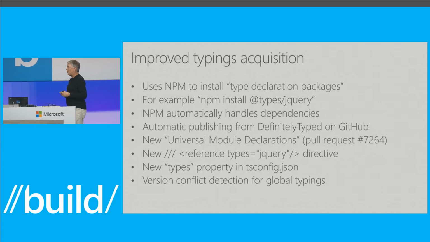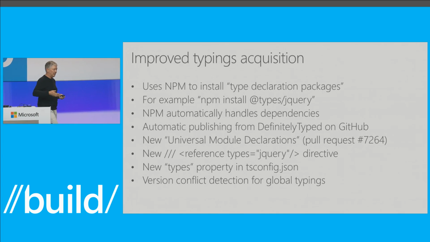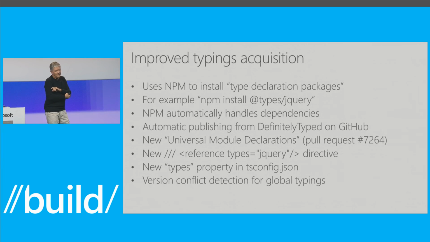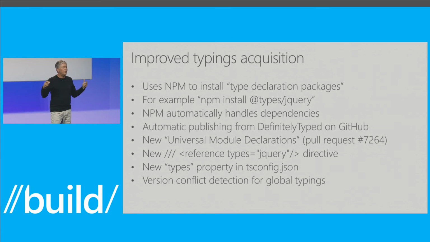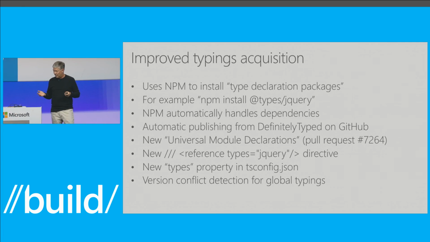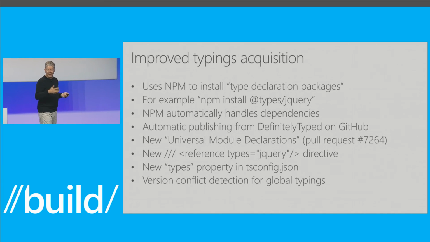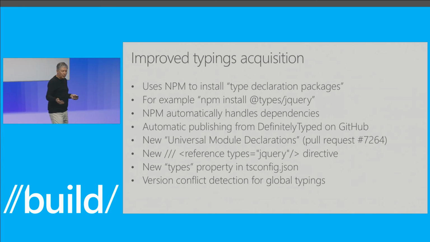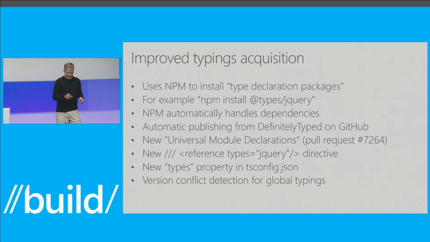Just briefly, another feature we're working on is improving the way that you acquire type declaration files. We've had external community tools like TSD or typings that people use today, and they're great tools. But it sure would be nice if we could have one unified view of it all. The view that we're taking is that there's already a package manager for JavaScript, and it's called NPM. What if we just package type declarations as NPM packages, and then use NPM to do all of the cataloging, acquisition, and dependency management between them? That's basically where we're moving towards. And you can parse the rest of the slide as you look at the slides afterwards.